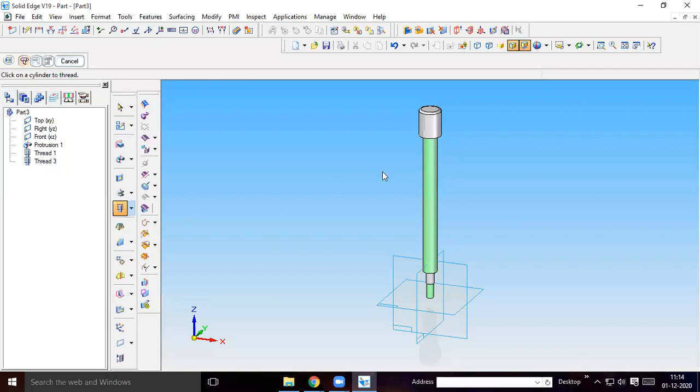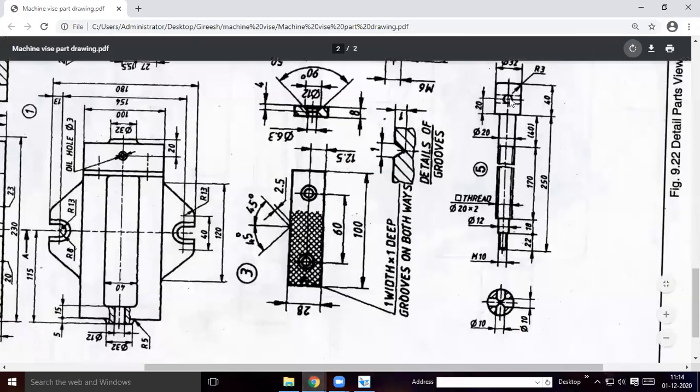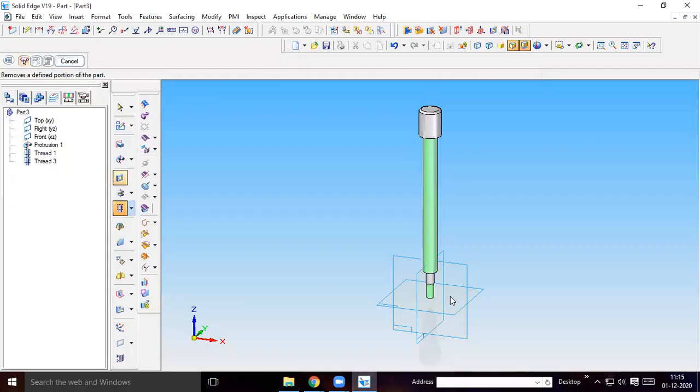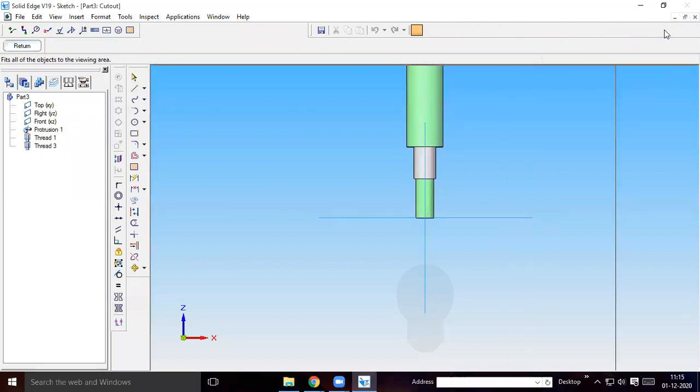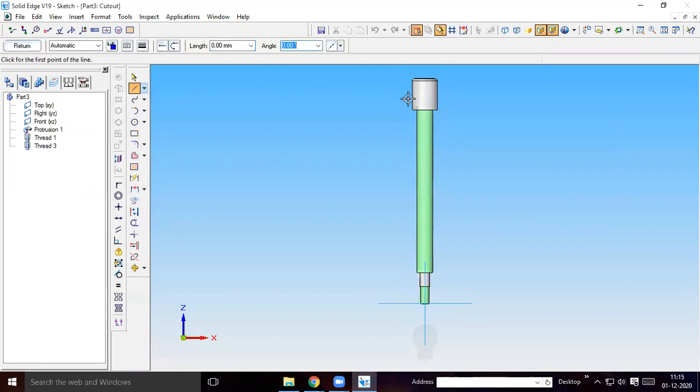Then you have to create a hole, in order to rotate this spindle with the help of a key. You have to create a hole at 20 mm height from this face, and the diameter will be 10 mm. So what I will do, go to normal cutout, select this plane and this plane, on two planes you have to do the cutout. Select the front plane. On the plane you are creating a hole at a distance of 20 from the midpoint of this line.